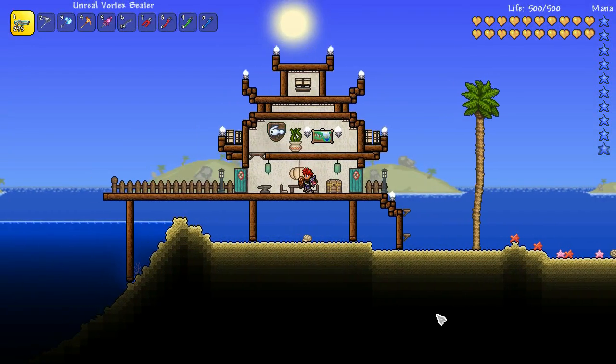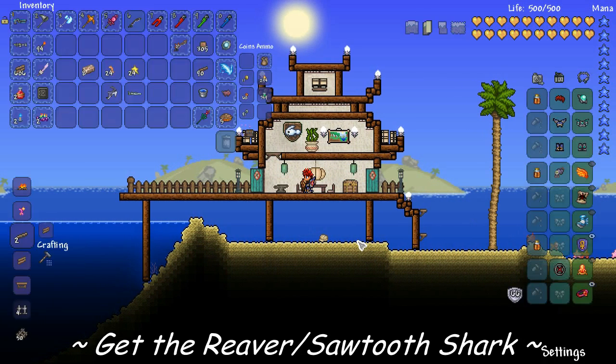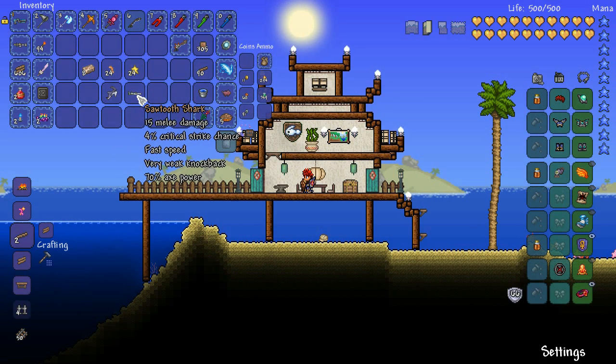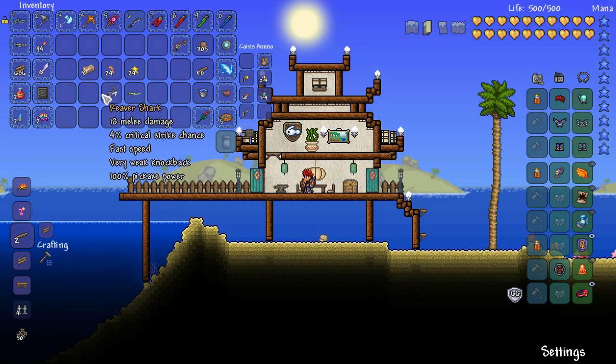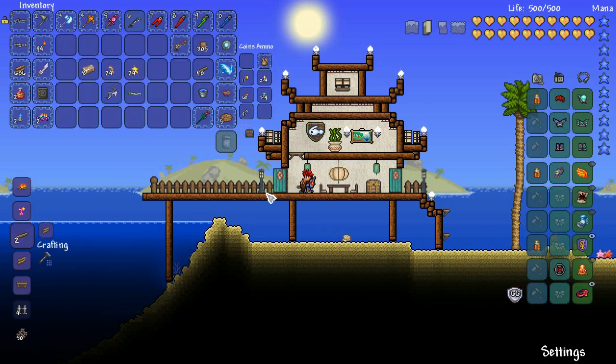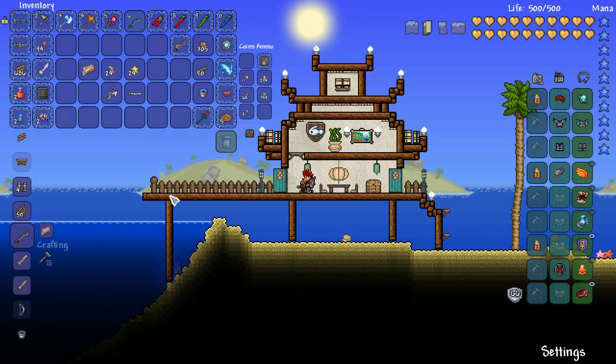Okay, this next tip is super useful for getting a powerful head start in pre-hard mode. And basically what you can do is acquire the Reaver Shark and the Sawtooth Shark, which is a very powerful pickaxe and axe, respectively, very early on in the game. And all you need to do is, at an anvil, make the reinforced fishing pole, and it has 15% fishing